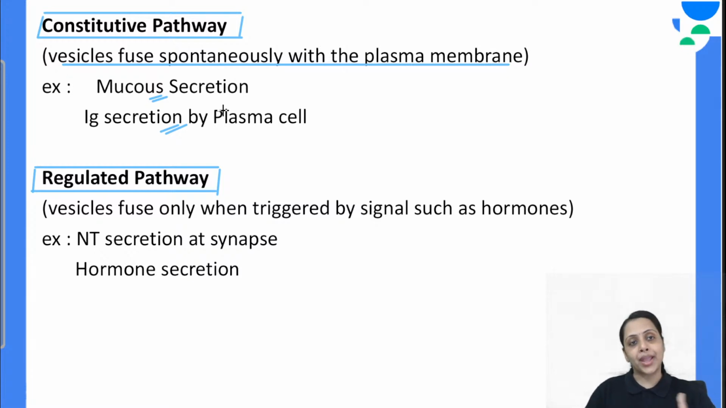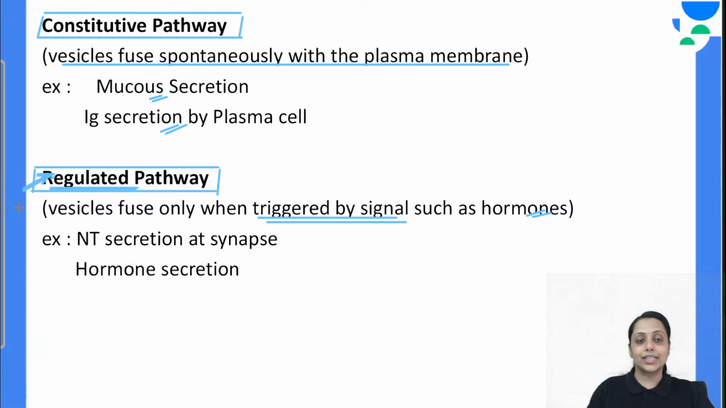Now coming to the regulated pathway. What happens in the regulated pathway? Something is regulating this exocytosis. Certain triggers, such as our hormones, are signaling this exocytosis, so they come under the regulated pathway. Exocytosis which is triggered by certain signals like hormones comes under this category, that is